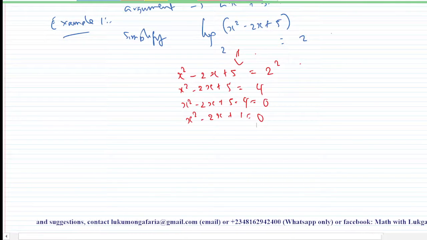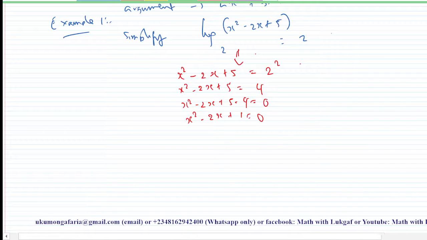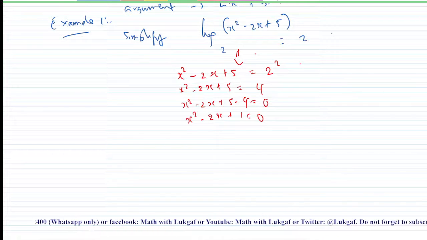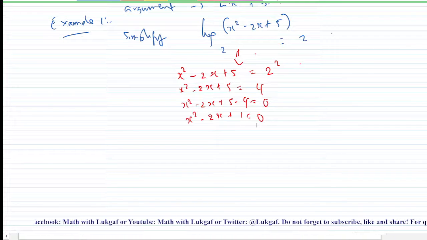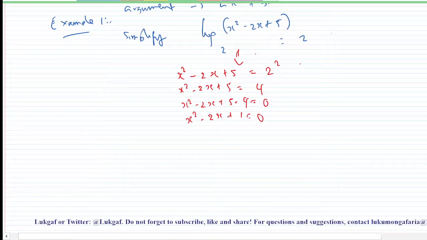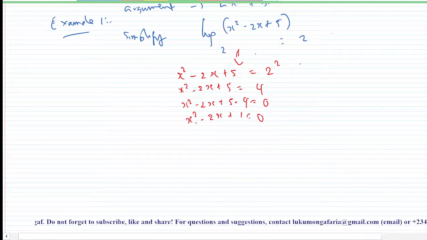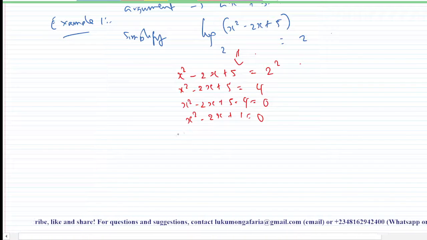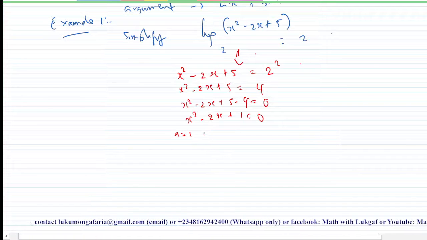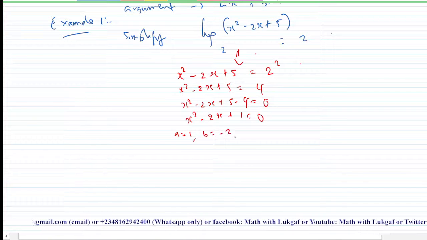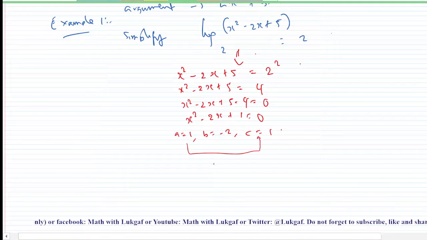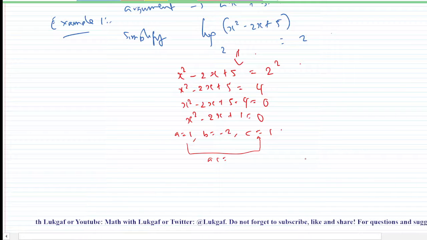And don't forget, in the first video, when we were doing indicial equations, I explained how you can solve a quadratic equation using the factor method. Then I'm going to cover it when we get to quadratic equations. So the simplest way you can do it is to write the coefficient of each of these terms. The coefficient of x squared is a, which is your 1. The coefficient of x is minus 2 and your constant is 1. I told you then that you are now going to multiply a and c together. That is ac, 1, right?